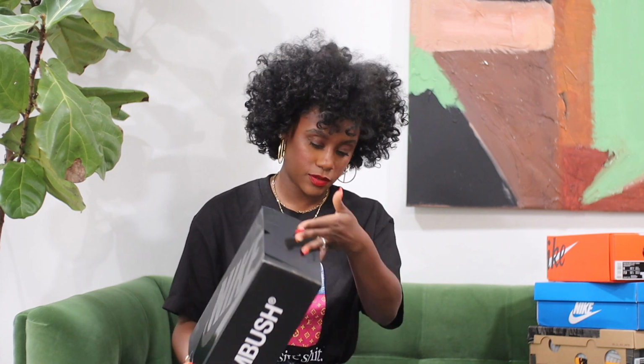Okay, these are some Ambush dunks, the dunk highs. I also got these in a US 5. Yeah, I think I got these in a US 5 because this was like a men's or kind of like a universal drop. I actually worked with Farfetch, and they gifted me 2 pair of sneakers,